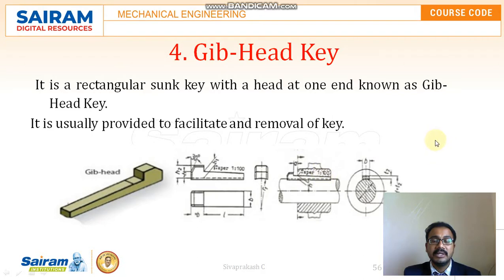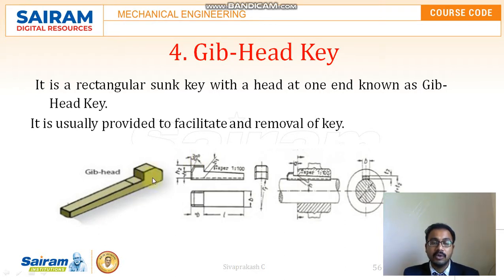And the next one is the Gib-Head key. It is a rectangular sunk key with a head at one end, and that is nothing but a Gib-Head key. You can see this. It looks like a normal key only, but at one particular end it has a gib kind of shape. That is why it is called a Gib key,